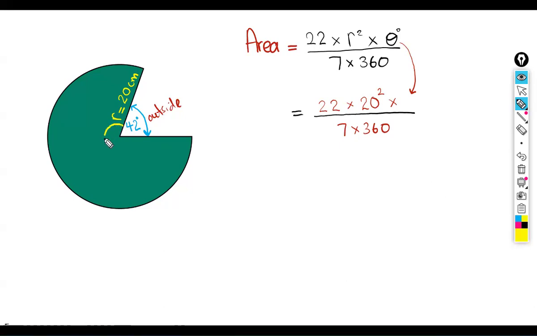Isn't the inside angle this yellow angle here? Isn't the yellow angle the one that lives inside of the sector? But I didn't directly give you the yellow angle. But don't we know that a circle is 360 degrees? So if a full circle is 360 and this portion is 42, how much is the yellow portion? It's a subtraction question, right? So what's the angle inside the sector? Isn't it 360 degrees minus 42 degrees, which is 318 degrees? So the angle you're supposed to use is